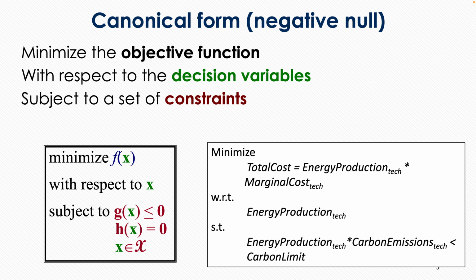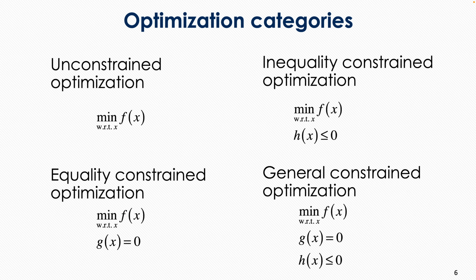So this is just kind of a high level example that's showing the general structure where you always are going to need an objective function and decision variables in your optimization, and then oftentimes you're going to have constraints in the optimization to help bound the problem. Okay? So that's